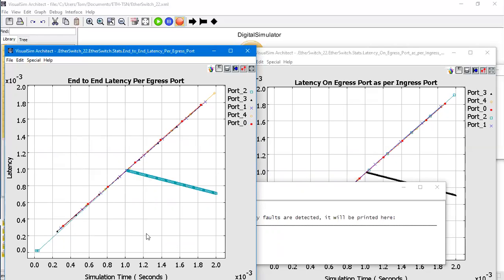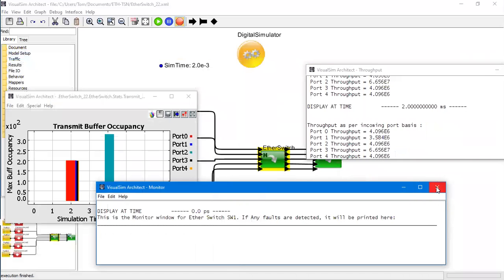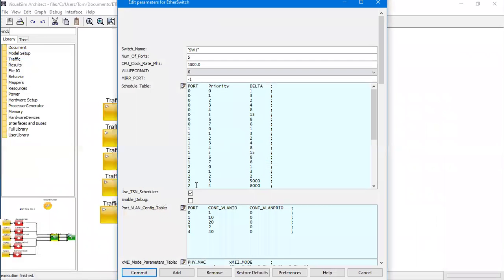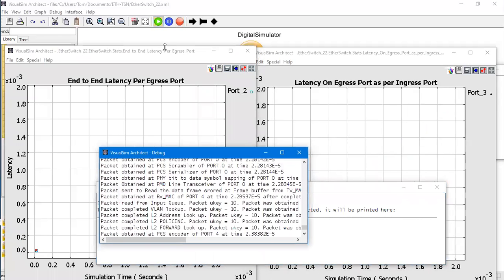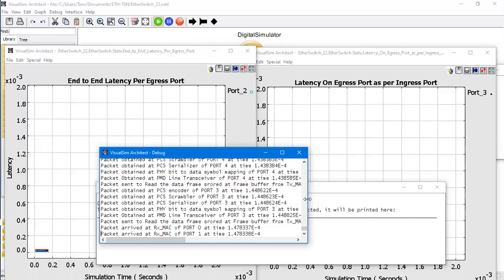As I mentioned, there is one subschedule with port 2 where we can have a window of 1 millisecond. So from 1 millisecond to 2, it is getting full access to send. So you can see the latency is going down here. You can do a lot of different analysis using this. Now let me use a normal one, enable the debug here, and run it. You can see all the information that is printed here.